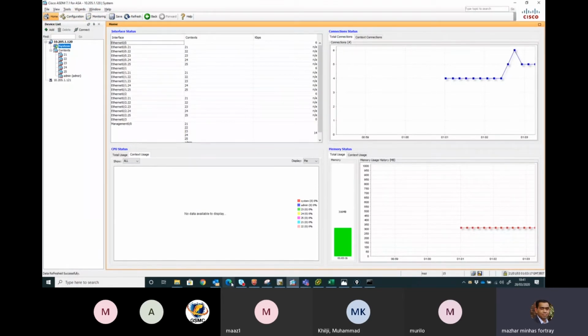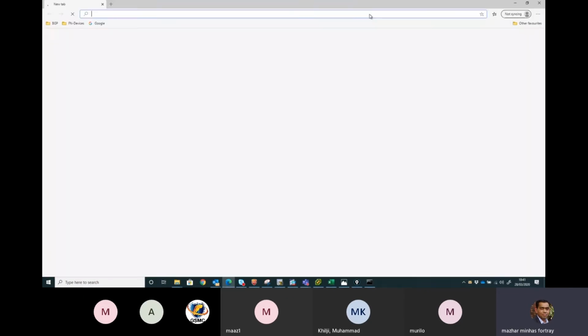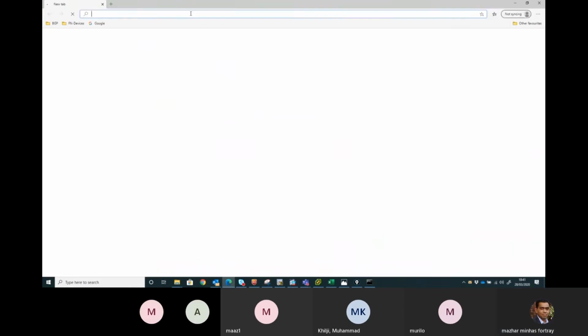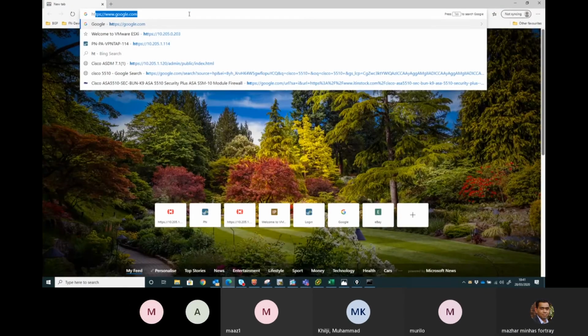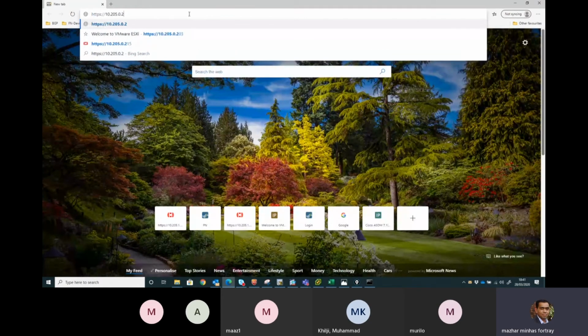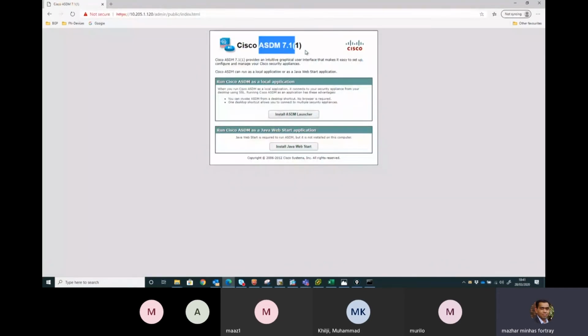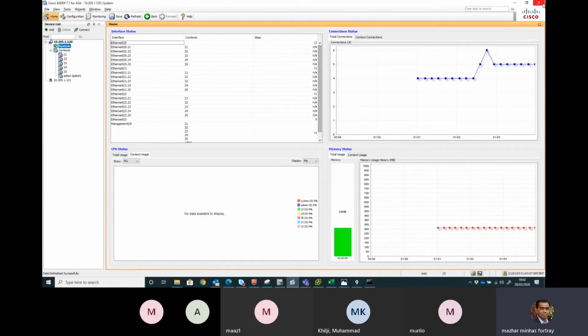Also, I can use ASDM. Last time I explained the ASDM. Once you have the VPN connection, you can go into the browser and type this. You can see ASDM is software which gives you access to the device through the management. What you need to do is have an up-to-date Java installed and launch it. After that, you can install the ASDM. And with the ASDM, how do you access it?